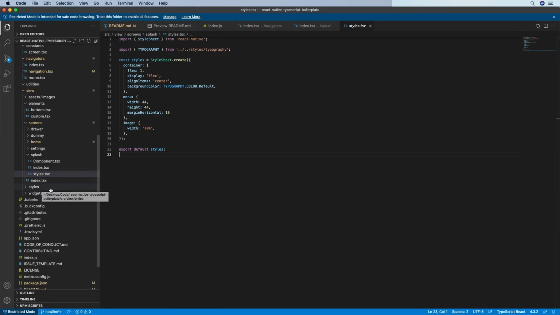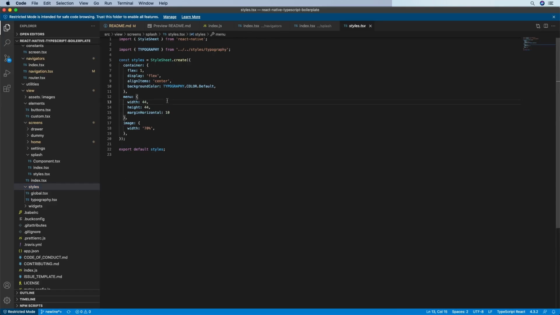Now we saw a styles folder earlier. Just remember the difference, that the folder that we saw earlier, which had global and typography, are styles that will be reused across the application, and they should be referenced like over here as much as possible, but we will need styles for individual screens, and it's best to keep them along with the screens. It's just easier in development mode to have the styles along with the screens while we're building them, but you can definitely choose to keep all the styles together. So that's the entire flow of the app,